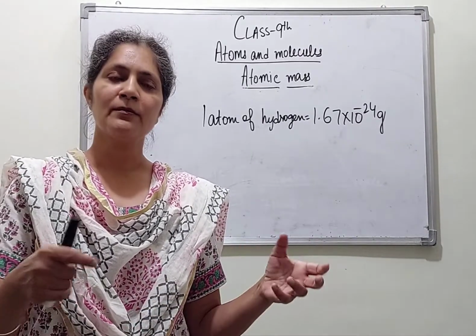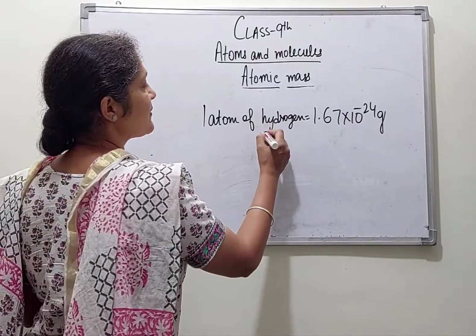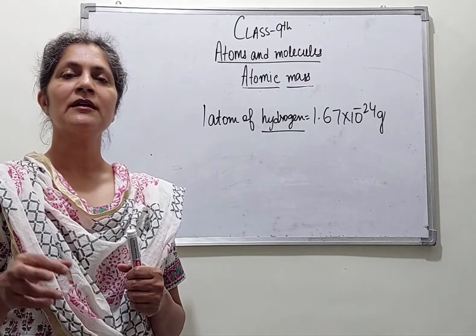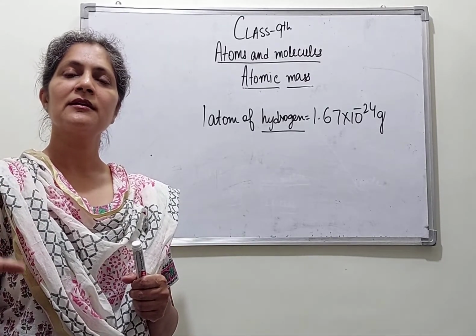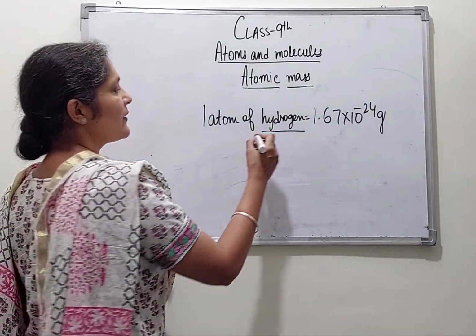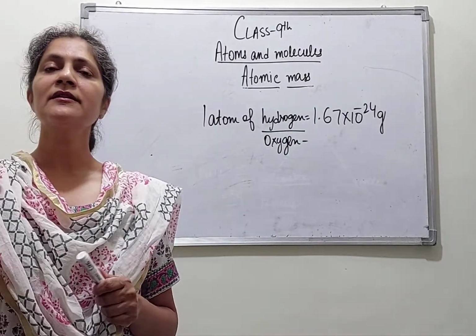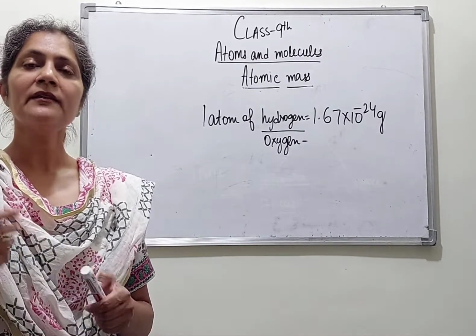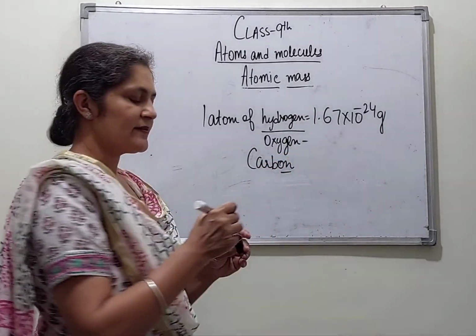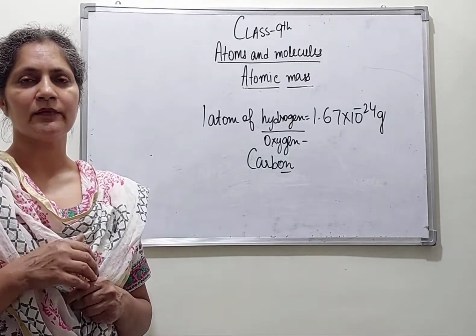So what we did, we compared it with one other element. Scientists tried to make a comparative study of hydrogen with other elements. But it was not possible because the results of the calculation came in fractions. Then they compared with oxygen. Even then they did not succeed because oxygen is very reactive in nature. Then came the turn of carbon, which was a successful step towards the relative study of the mass of the atom with the other atoms of the elements.